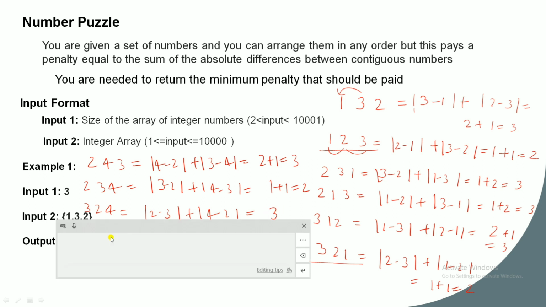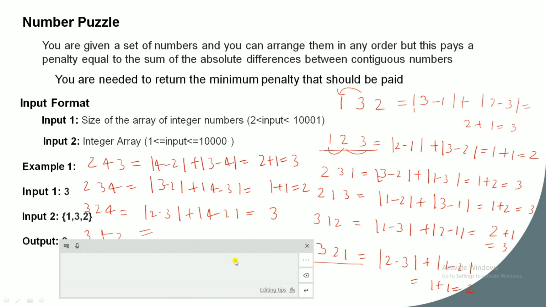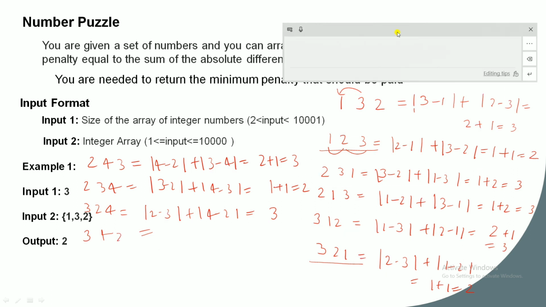Again change the order: 3, 4, 2 equals 4 minus 3 plus 4 minus 2, which is 1 plus 2 equals 3. Now 4, 2, 3 is 4 minus 2 plus 3 minus 2, which is 2 plus 1 equals 3.